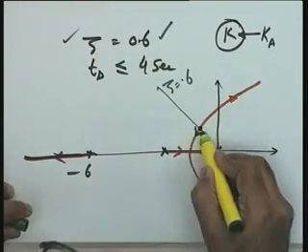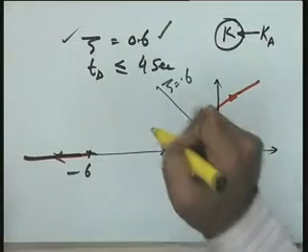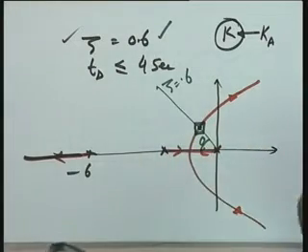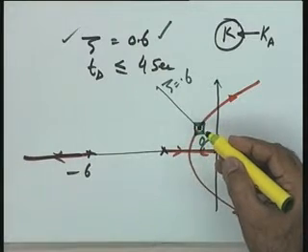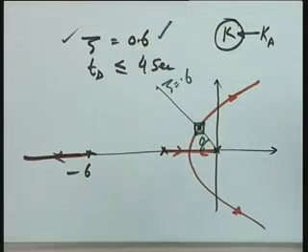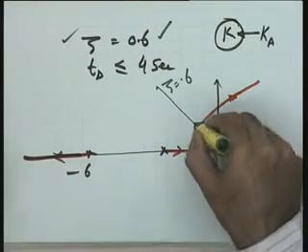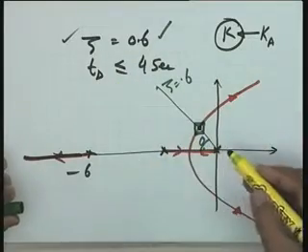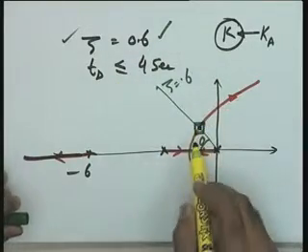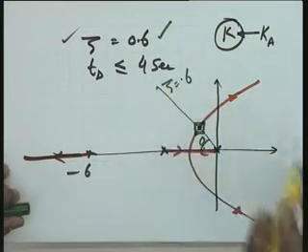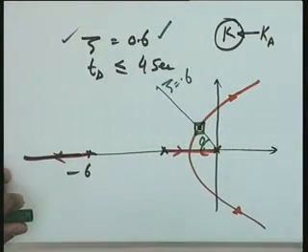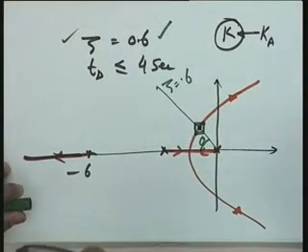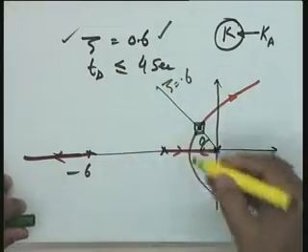If this is a closed loop pole, the requirement of zeta equal to 0.6 is satisfied. You will recall my statement I gave yesterday, that this point necessarily need not be on the root locus, and hence the angle criterion is to be tried. But assuming that you have located this point by trial and error along this line, you have satisfied the angle criterion. So naturally this becomes the closed loop pole with zeta equal to 0.6, and hence the relative stability requirements have been satisfied. Now how about the settling time?